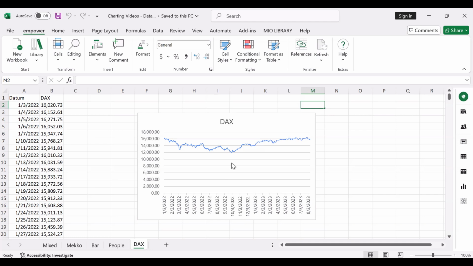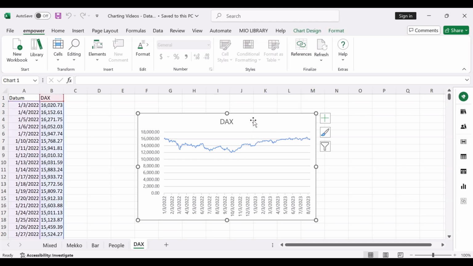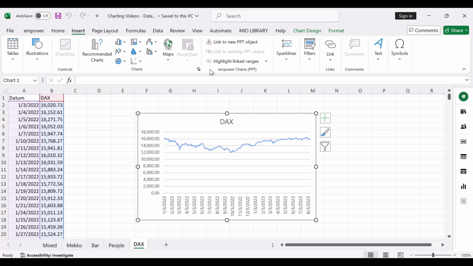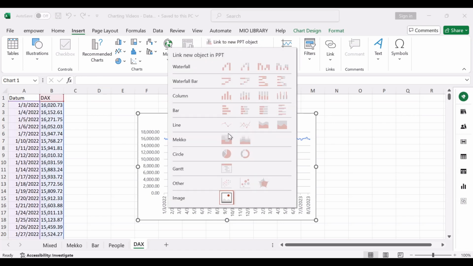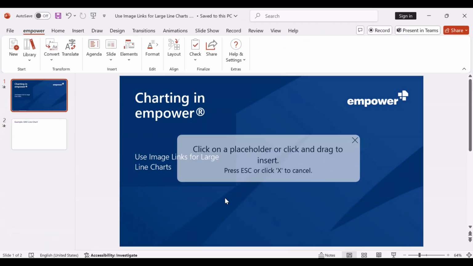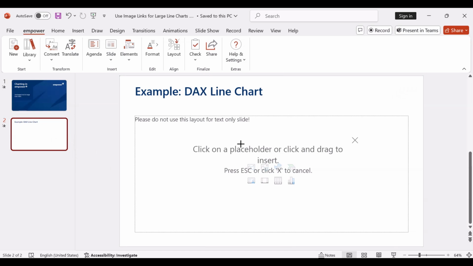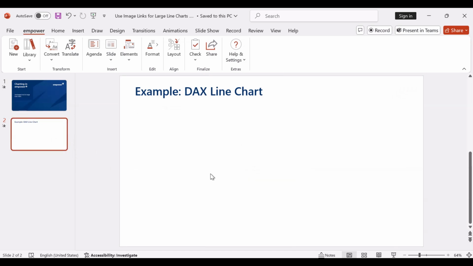To do this, I select the chart in Excel, navigate to the Insert tab of Excel and click on Link to New PowerPoint Object in the Empower Charts group. Now I select the option Image that is already suggested right here. Now I can define where I want to insert the image in my PowerPoint file by clicking, for example, on